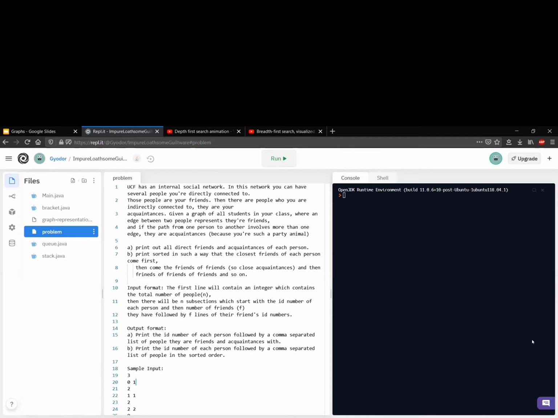So it wants you to A, print out all direct friends and acquaintances of each person, and also B, print them sorted in such a way that the closest friends of each person come first. Then come the friends of friends, so close acquaintances, and then friends of friends of friends, and so on.